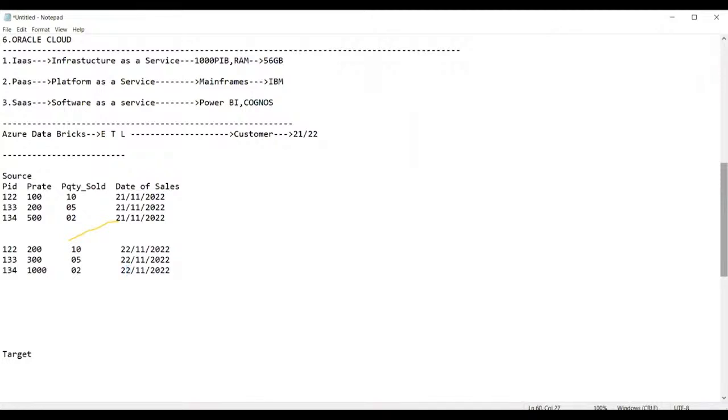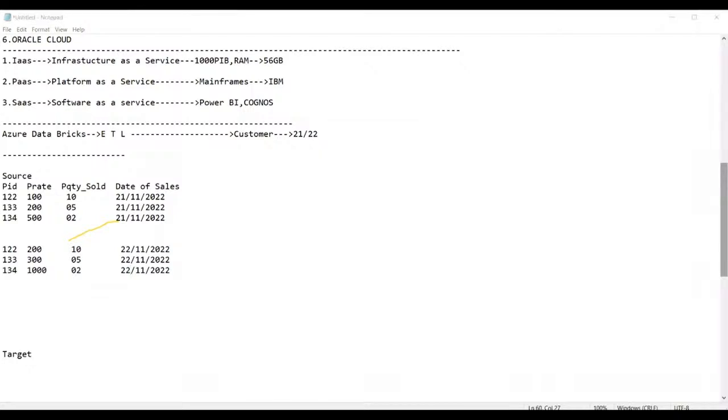Now tell me, as you have these two days of data, is the data here or not, guys? Is there any difference in the sales from 21st to 22nd? Can you tell me?